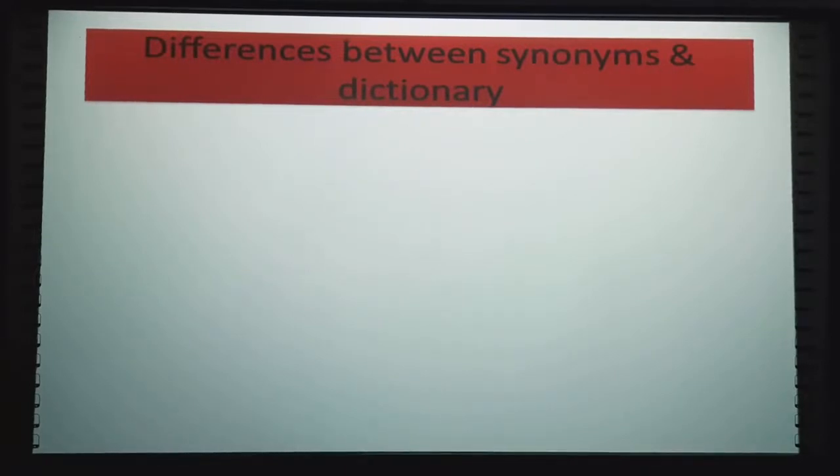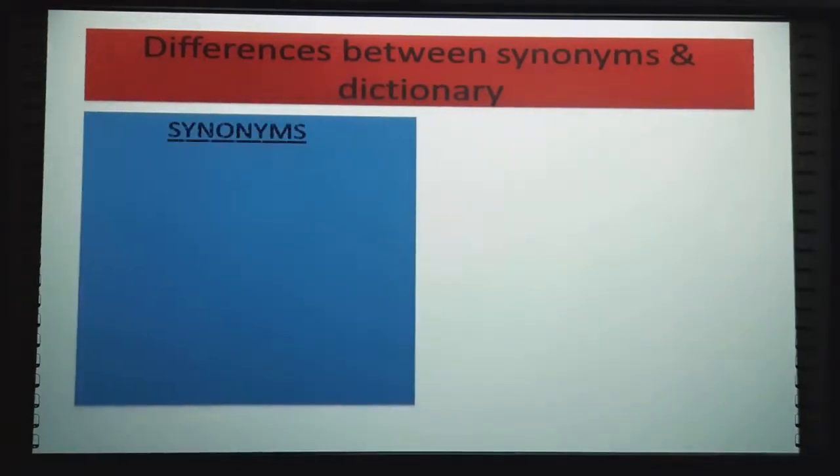Now we need to find out certain differences between synonyms and dictionary. Only one difference is there.